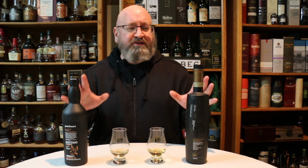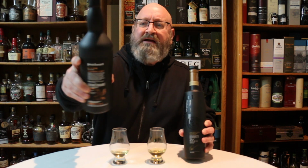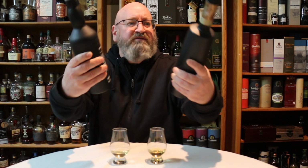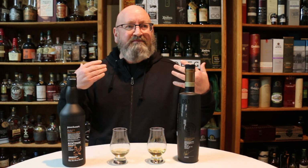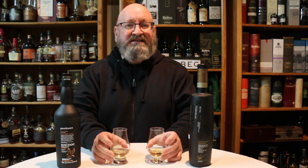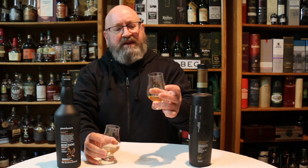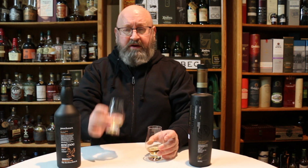Alrighty, so first of all, look at the two bottles. The bottles themselves have a similar idea: opaque black bottles, not shiny, sort of flat black, and then both using gold lettering. Just interesting in terms of the similarity between how they are thinking about their whiskeys and how they're going to portray them in the bottles. Visually in the glass, not too much different. The AnCnoc is slightly lighter, a slightly green color, looking a little bit like a young Ardbeg. The Bruichladdich has a slightly darker color, more of a copper, bronze color. On the nose,